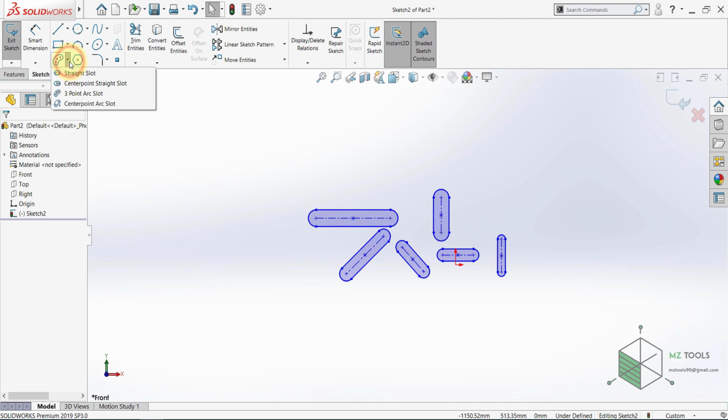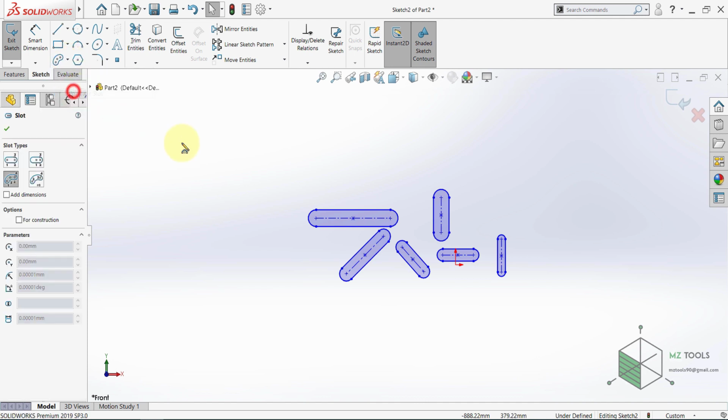The third type is 3-point arc slot. Basically, we will create an arc using 1, 2, 3 clicks. The first click indicates the starting point of the arc, the second click indicates the end point of the arc, and the third click indicates a point on the arc itself, and finally, the fourth click defines the width of the slot. So, the first click, the starting point of the arc,